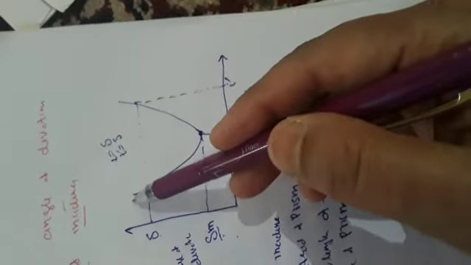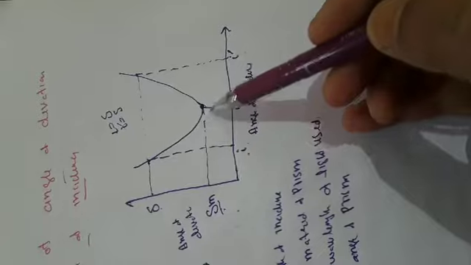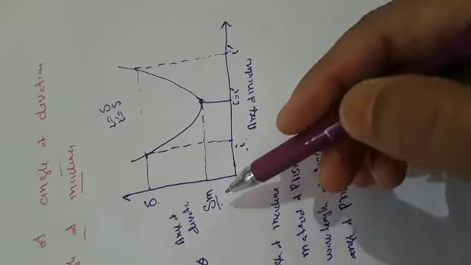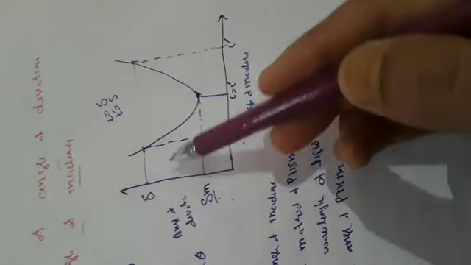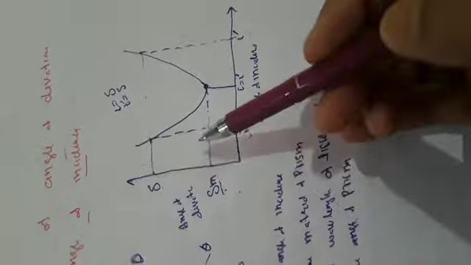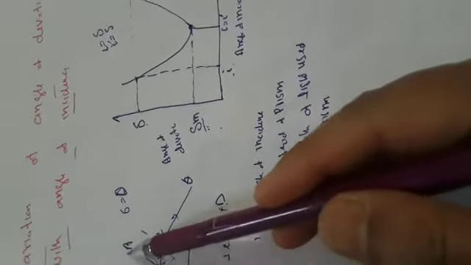But from the graph, it has been seen that first it decreases and reaches the minimum value. This minimum value is called angle of minimum deviation. From the graph, it is clear that first angle of deviation decreases, reaches the minimum value, which is minimum deviation, and then starts increasing again. We know that, ये कैसे minimum deviation कैसे होता है?